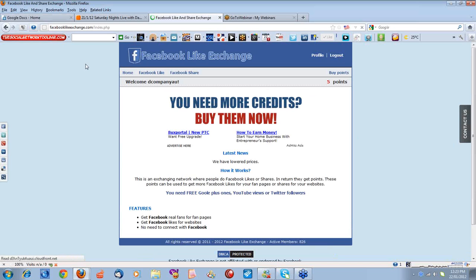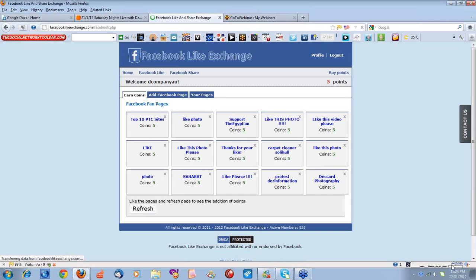Okay, like I say, this particular one, I'm just showing you off the bat. I haven't really used it, and usually I'd like to put more time into them, but these are sites which they have picked, and I sort of entrust their endorsement of these sites. Some of them may be fairly new, and you may not get a lot of points on them. Like this one's Alexa ranking is